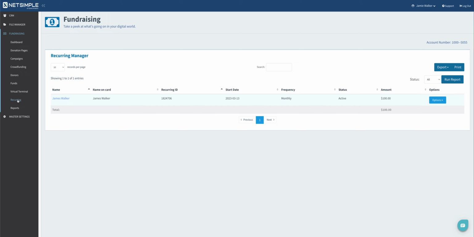It'll open up our recurring manager, and you'll see a list of all the existing recurring donations or recurring transactions that are going on within the system. And the columns that we have set up is the name of the donor, the name on the card, what the recurring ID is. You may need this if you happen to contact support and want some help with managing a recurring donor. What the start date is, the frequency, what status is, it could be active or inactive, and